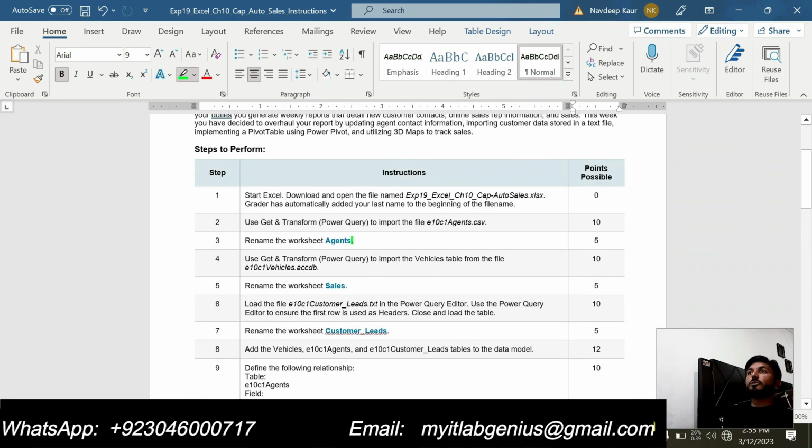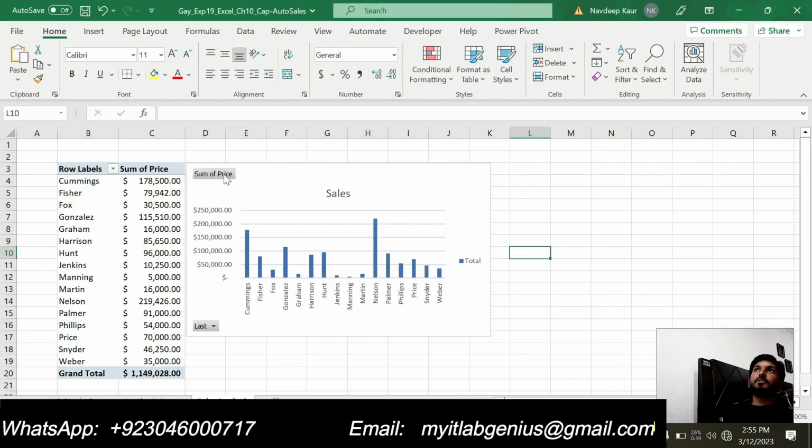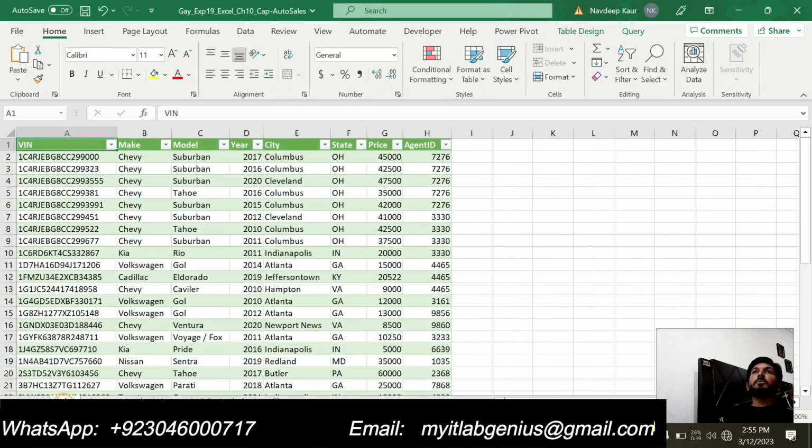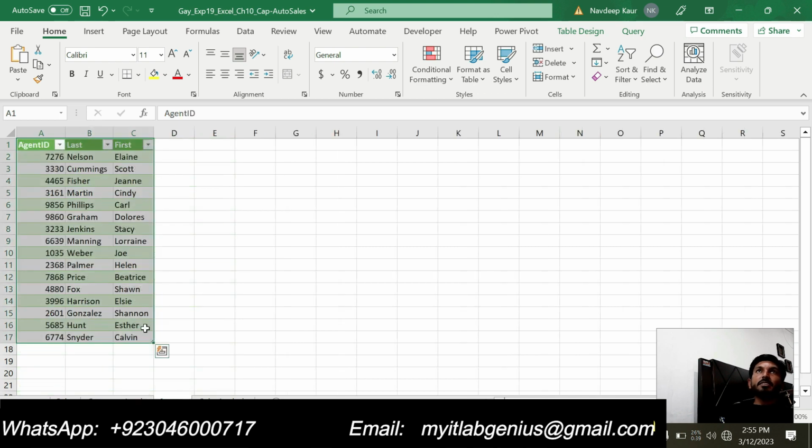Now I am going to show you the final version for this assignment. When you apply all the remaining steps, then you will get a final version like this. So this will be our sales sheet that we have imported the data from the CSV file that we are given along with this assignment. And after that, this is the customer lead data. So customer lead data is based on the text file that we got along with our instructions, and this is our agent data that we got from the